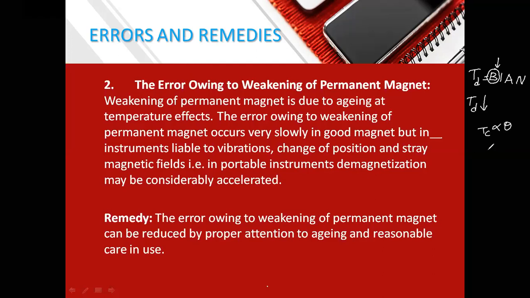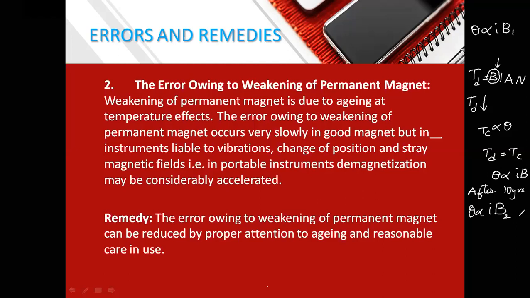Now, at the point of equilibrium, TD should be equal to TC. That means deflection is proportional to I. But because of this change, it will be proportional to B I because B is also changing here. We are taking the case of large duration. So at first it was B1 say, that means deflection is proportional to I into B1. Now after 10 years, it is B2 say, that means after 10 years, even though current is the same, deflection would be proportional to B2 which is less.